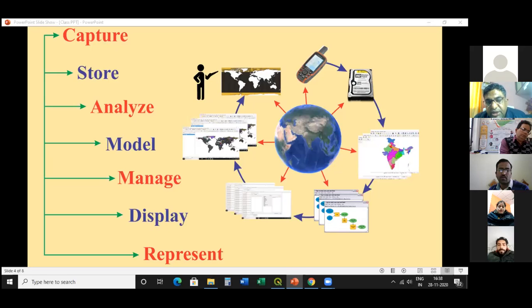मोबाइल जैसा आपको दिखाई दे रहा होगा, सबसे ऊपर वो GPS है, ग्लोबल पोजिशनिंग सिस्टम जिसको हम बोलते हैं। इसके द्वारा या और भी बहुत सारे डेटा कैप्चर मेथड्स होते हैं, उनके द्वारा हम GIS में सबसे पहले डेटा बैंक बनाते हैं, अर्थात हम सारे डेटा को कलेक्ट करते हैं, ठीक है, और उसको हार्ड डिस्क में, जो उसके आगे दिखाई हुई है, उसमें हम उस डेटा को सेव करते हैं।